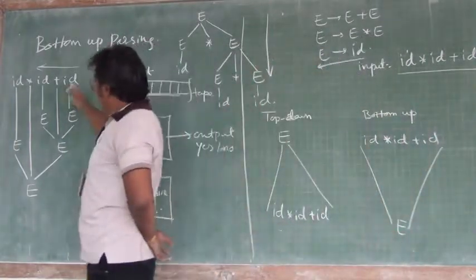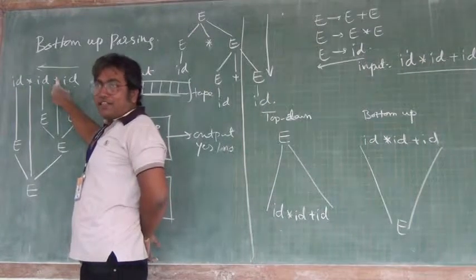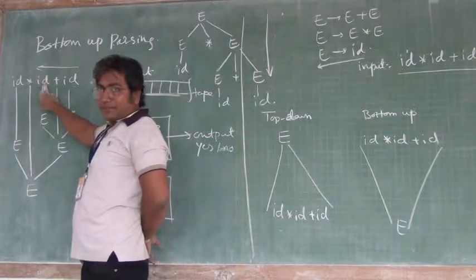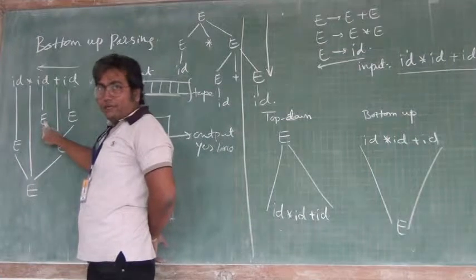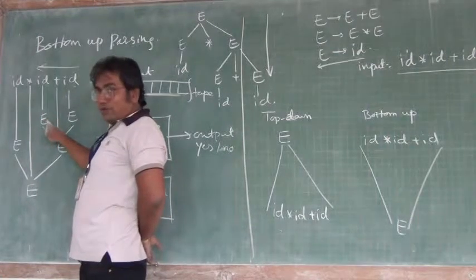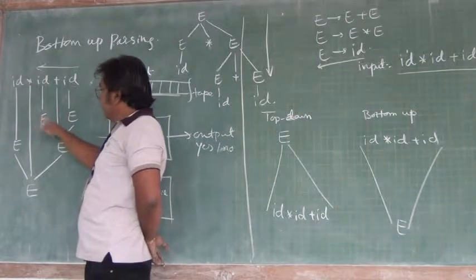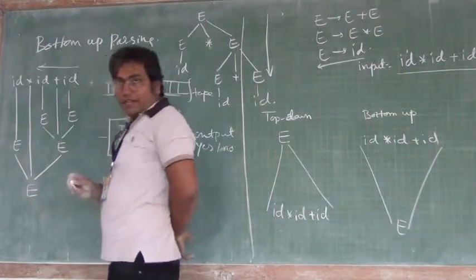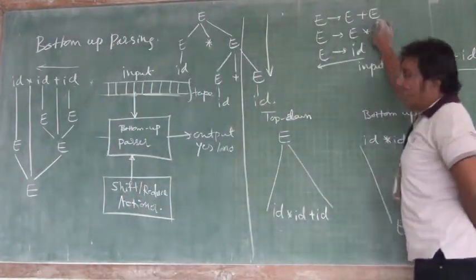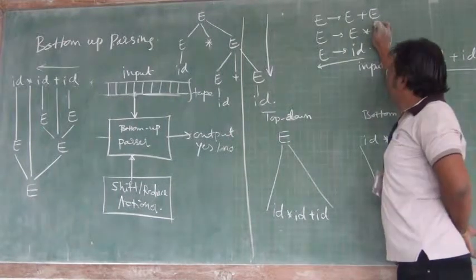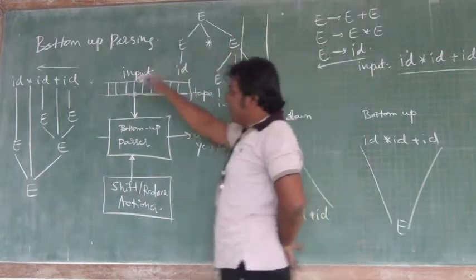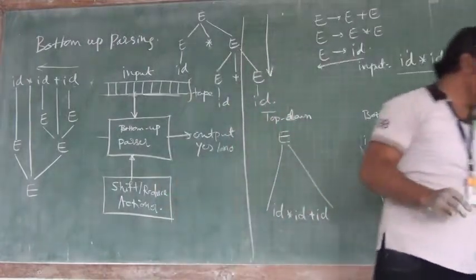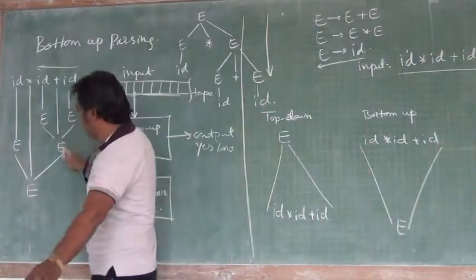Further I move to the next symbol. Here I am getting a terminal. I don't do anything with it. Further I move to the next symbol. I get ID. That ID I reduce to E. Now at this moment I come to know that I really got some known pattern like E plus E. E plus E is really what I am having at the right hand side of my production here. So in that case I am able to reduce it. This pattern E plus E I am able to reduce, so this I reduce to E.